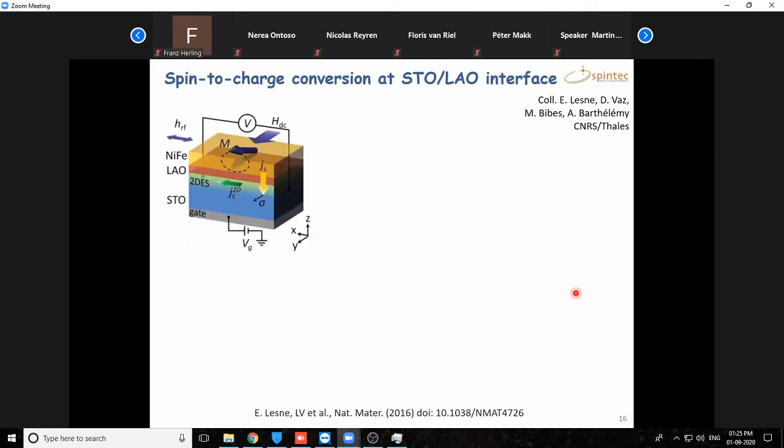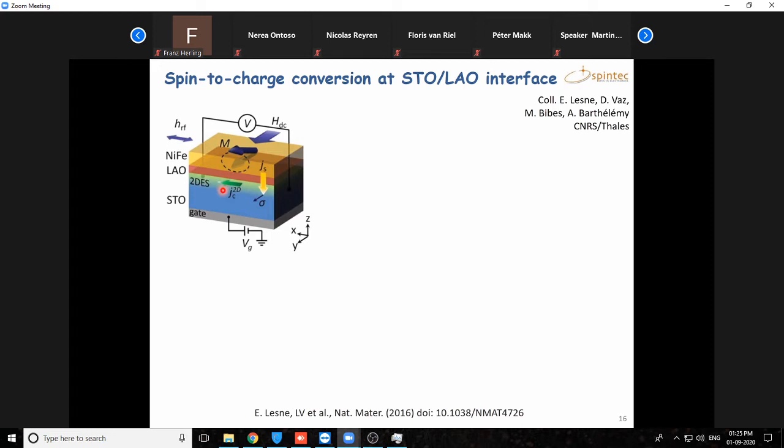This is work that we are doing in collaboration with CNRS Thales, Manuel Bibes and Barthelemy. And so we have started with STO LAO,